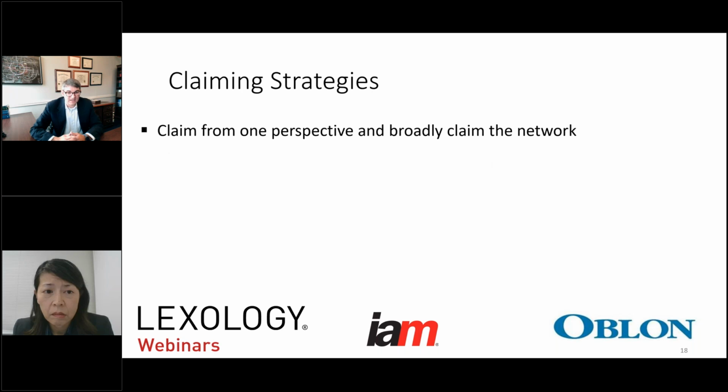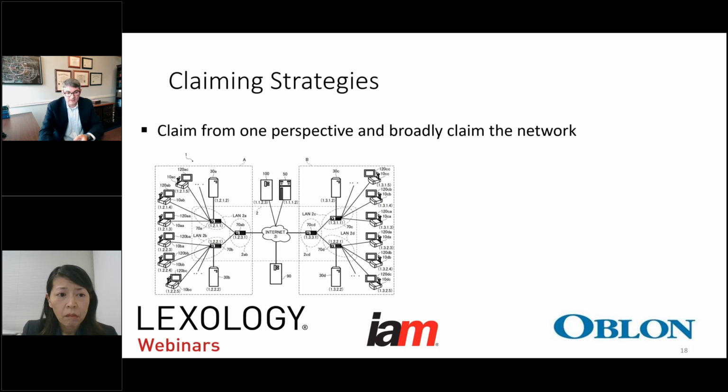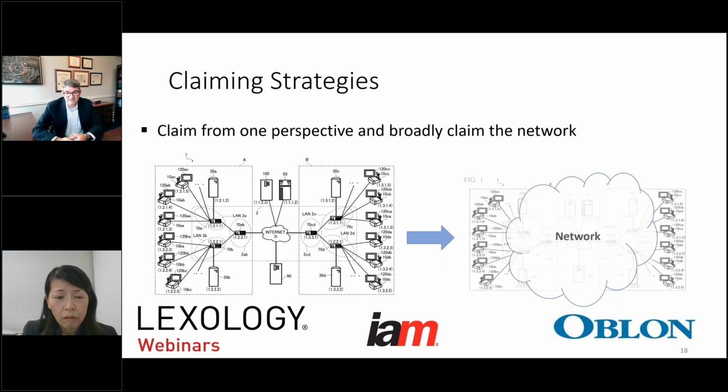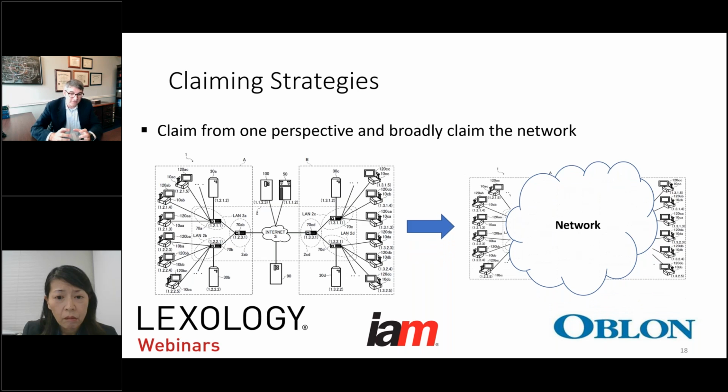So some of the claiming strategies would be to claim from one perspective, for example. So you would try to think, if we can claim this from only the sensor perspective or maybe only the server perspective, this will help us enforce these patents much more effectively. So if I think about this as our invention, we have the internet or a network involved, we have all kinds of end user devices, sensors, we also have servers. Can we think about claiming this in a way that looks at it only from the perspective, for example, of the input and the output? And not claiming the specific parts of the network, but maybe inferentially claiming these elements.